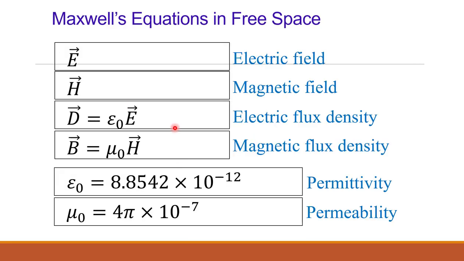Okay, so again just review all the quantities. What is E? E is electric field in volts per meter. H is magnetic field in ampere per meter. D bar is epsilon naught E bar, that is electric flux density, and it is measured in coulomb per meter square. B bar is mu naught H, and it is measured in Weber per meter square. Epsilon naught is permittivity of free space, measured in Farad per meter, and mu naught is permeability of free space, measured in Henrys per meter, and it is equal to 4π × 10⁻⁷. So all these basic terms you have to remember throughout the next 2 chapters.